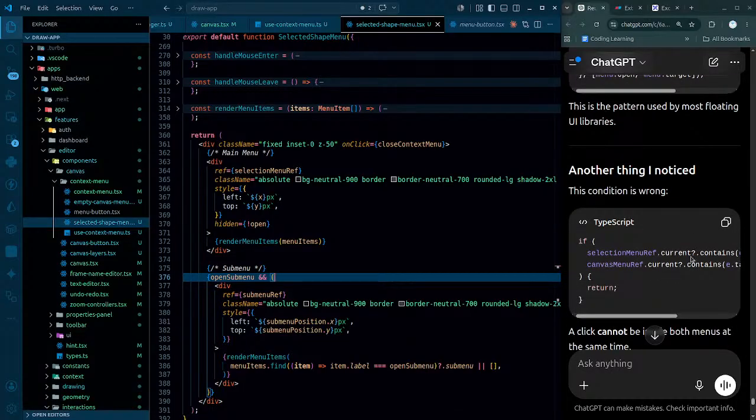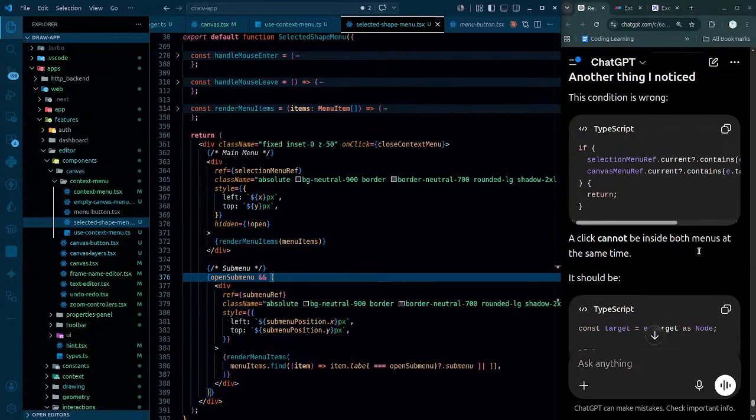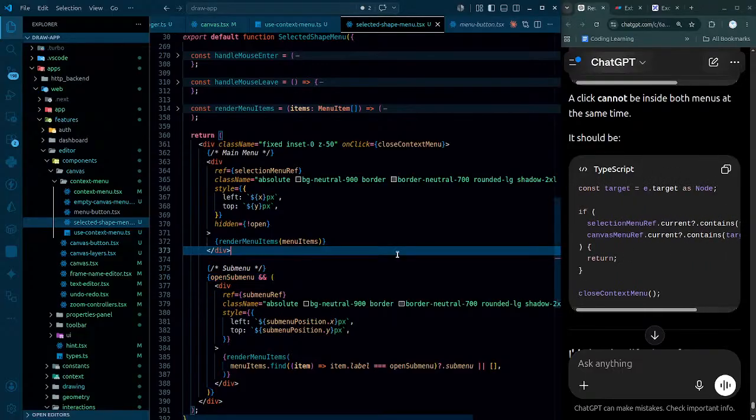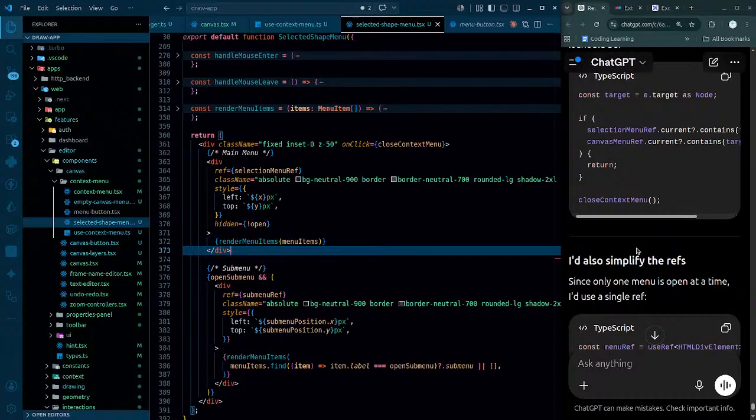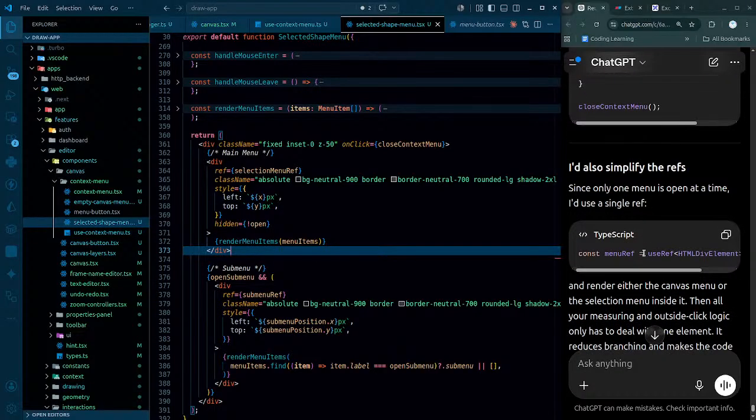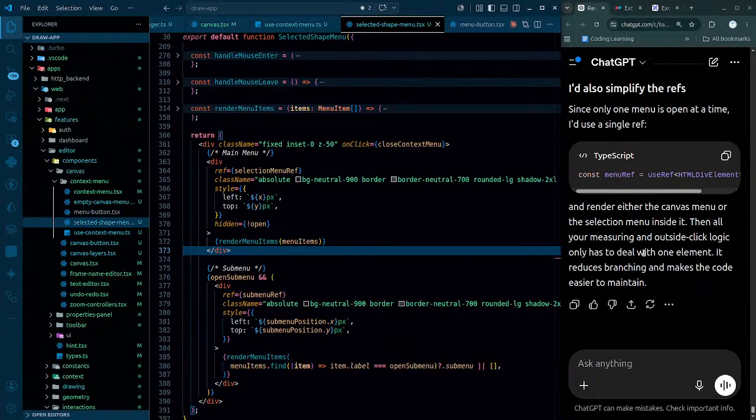Another thing, the condition is wrong. A click cannot be inside both menus at the same time, so it should be or. That is fine. And then close context. Also, since we only have one menu open at a time, I'd use a single ref, menuRef, and render either the canvas menu or the selection menu inside it. Then all your measuring and outside click logic only has to deal with one element. That is fine. Good suggestion, but